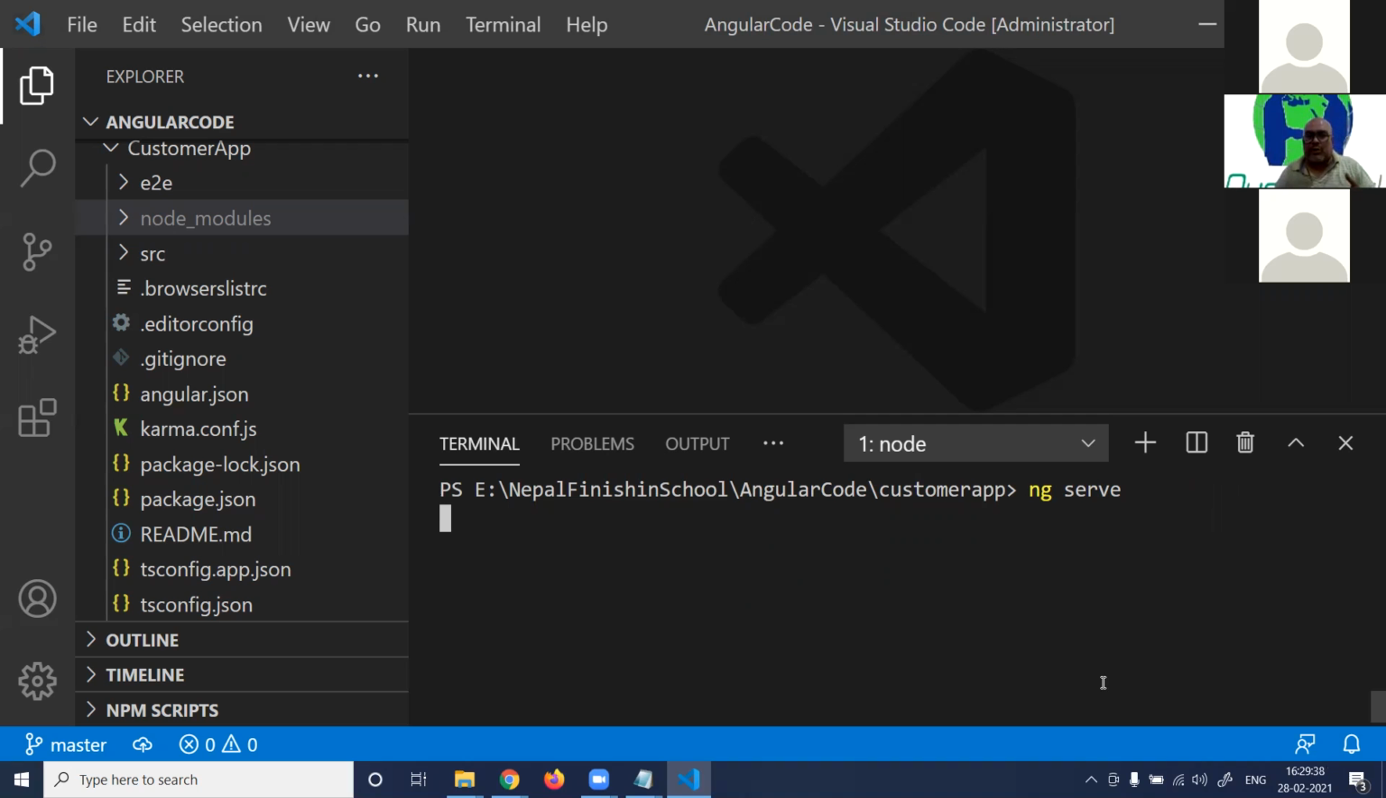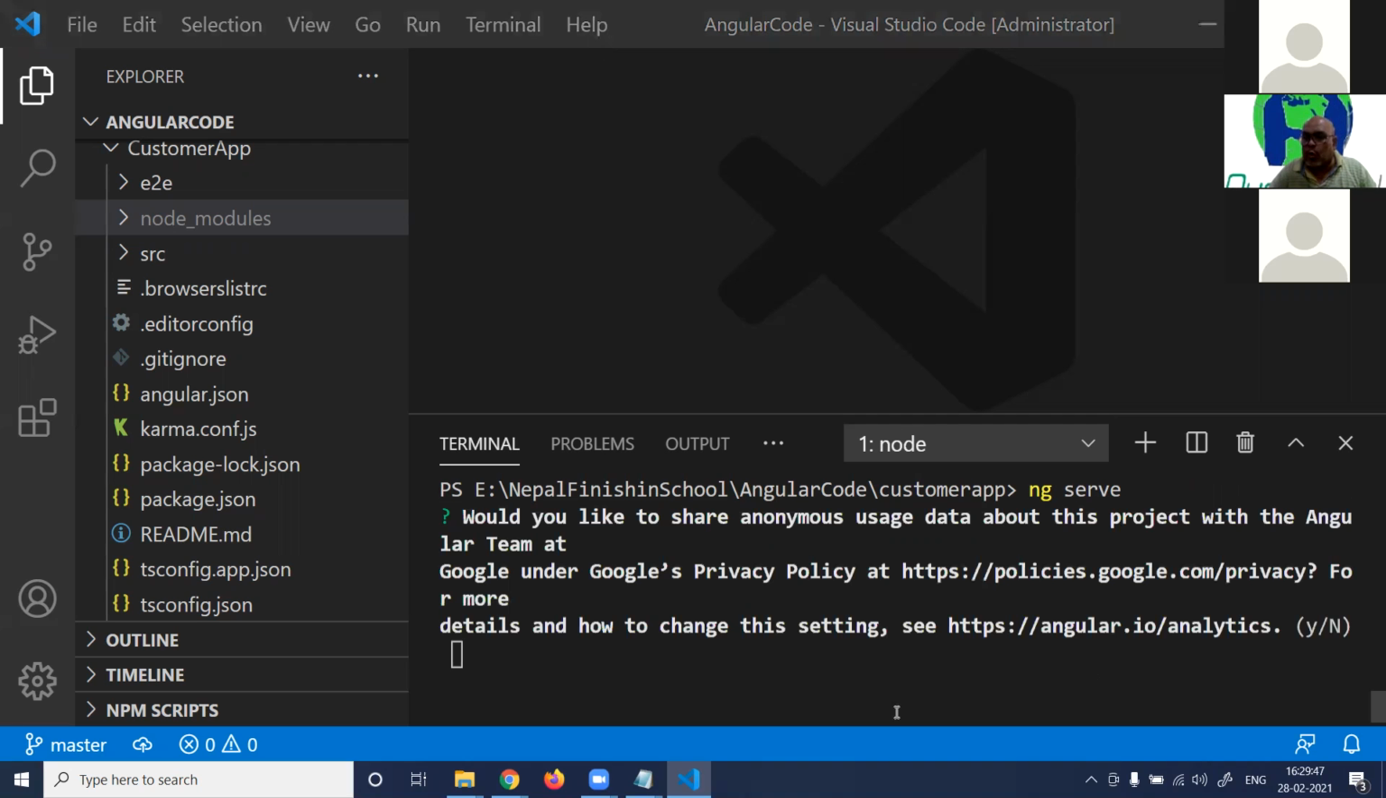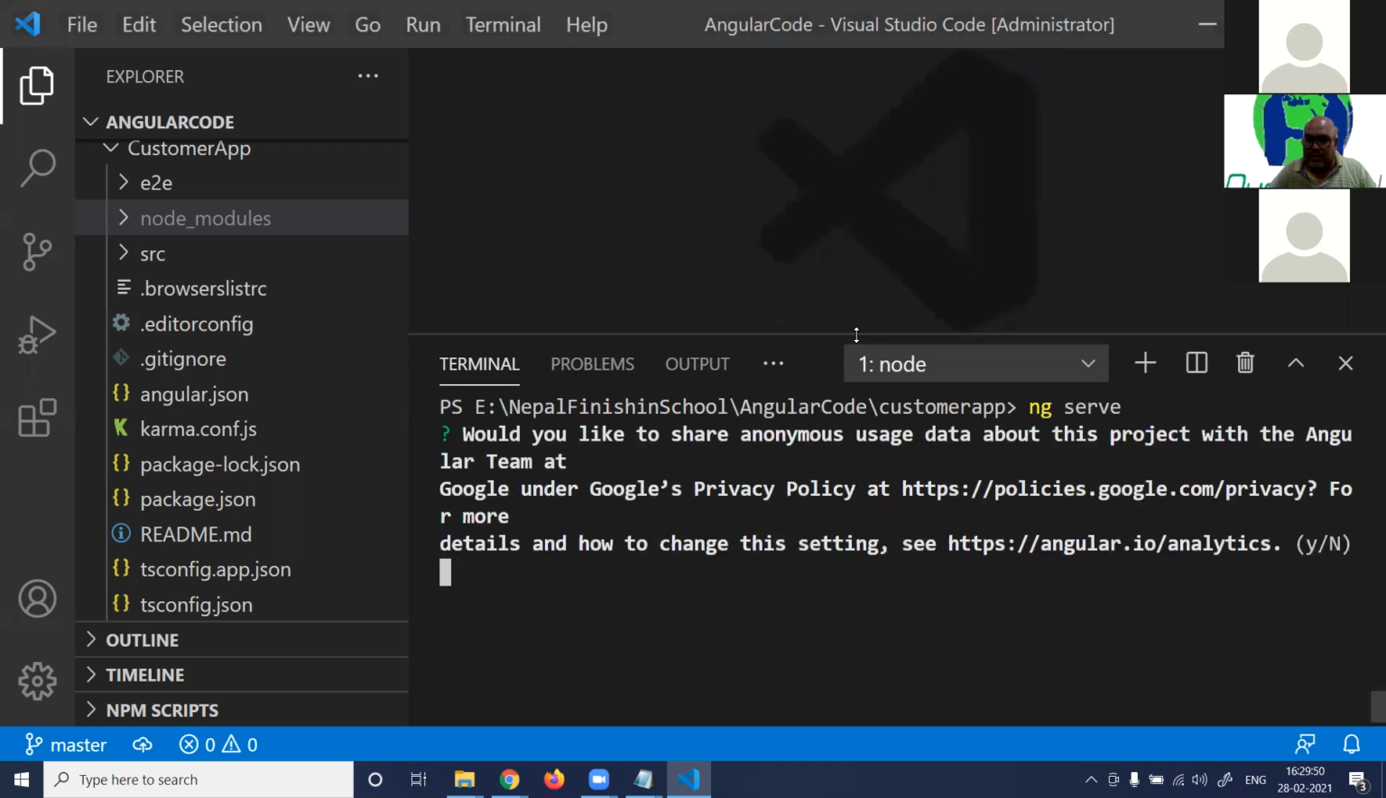Now this ng serve will run and it will run the application. And as there was one question here saying, does it have a server? Yes, it has a server internally. So it will host this application inside that server. Now you can see here,